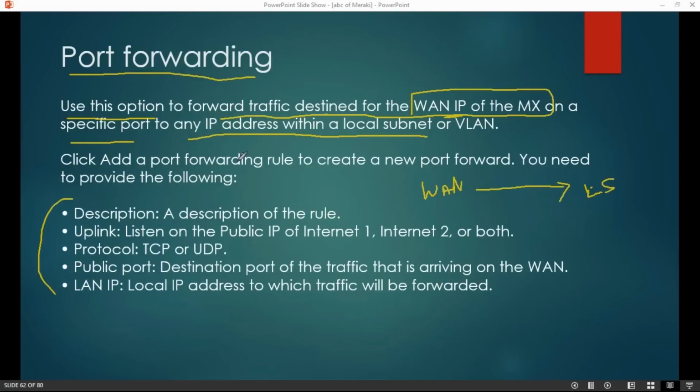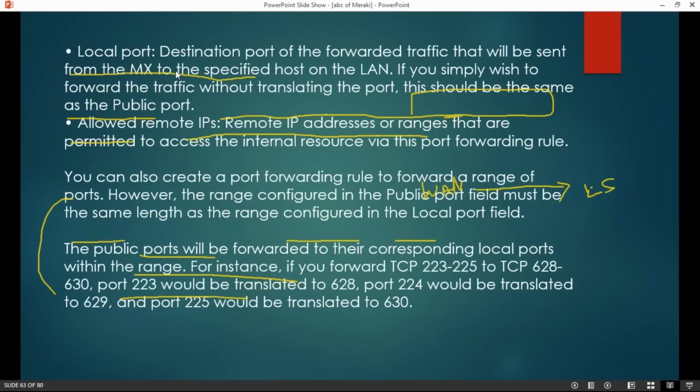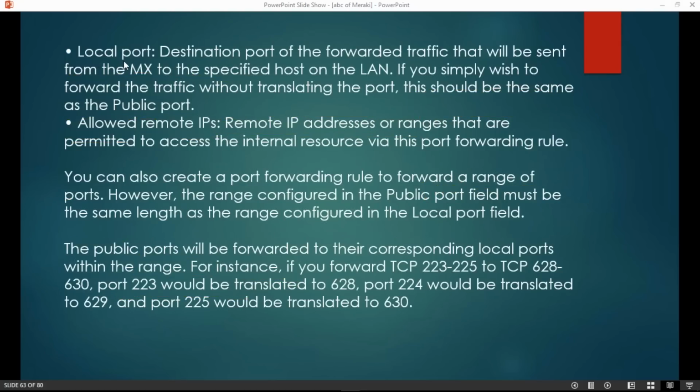Okay, and once you create this rule, then it will be clear what your uplink is. So you need to specify whether my uplink is Internet 1 or Internet 2 or both, what protocol, what the destination port, LAN IPs are, all these things you have to define. And here is the specification about all these ports. So for example, suppose I'm allowing port 111, so that is my local port, say 113, this is my local LAN port,